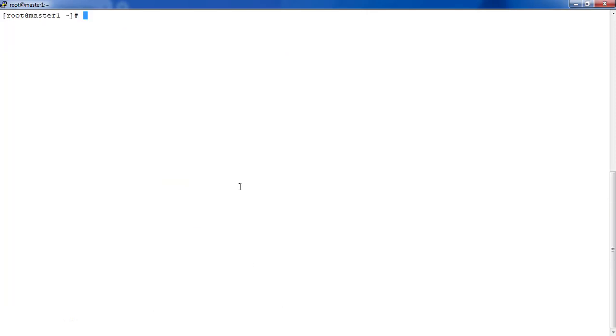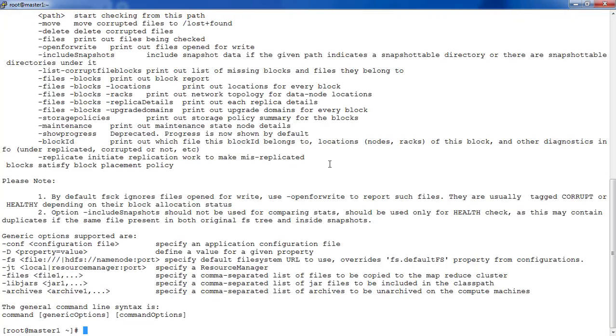So what I'm using here is hdfs fsck, then that particular file which has corrupted or missing blocks, then -locations, then -blocks, which will give the blocks information, then -files. Sorry, hdfs fsck, there is a typo here.